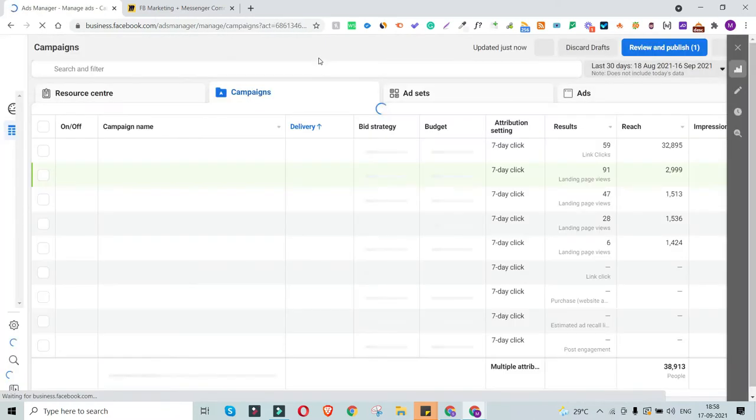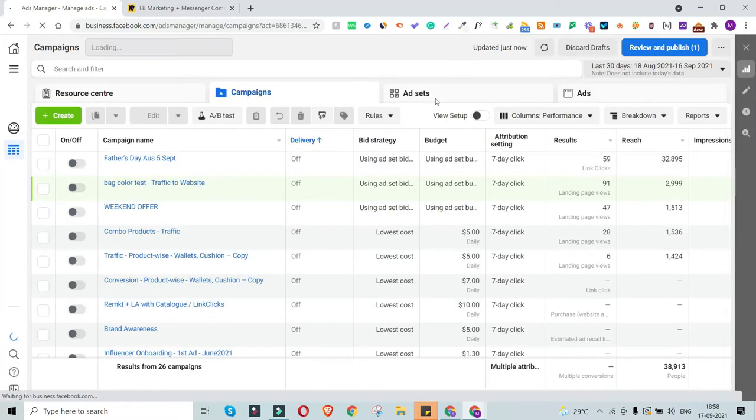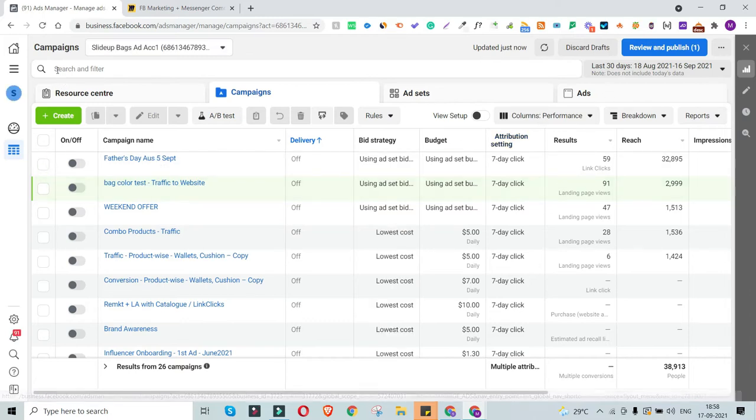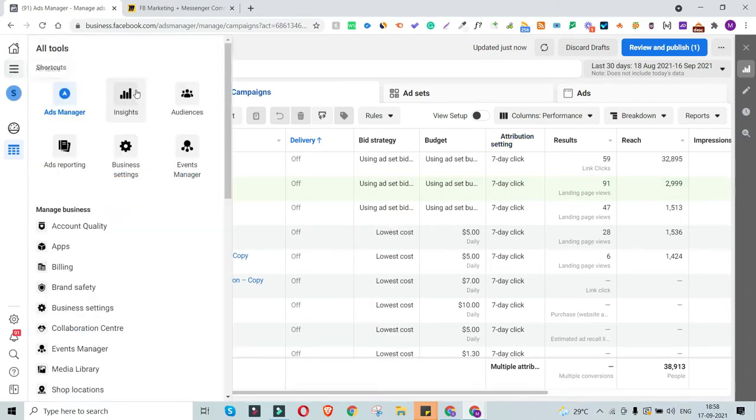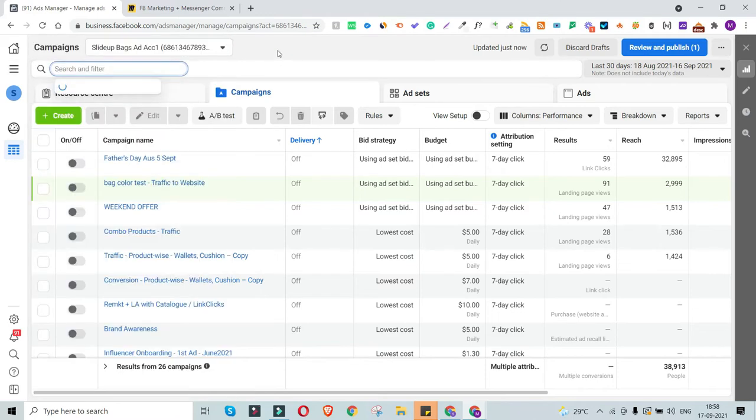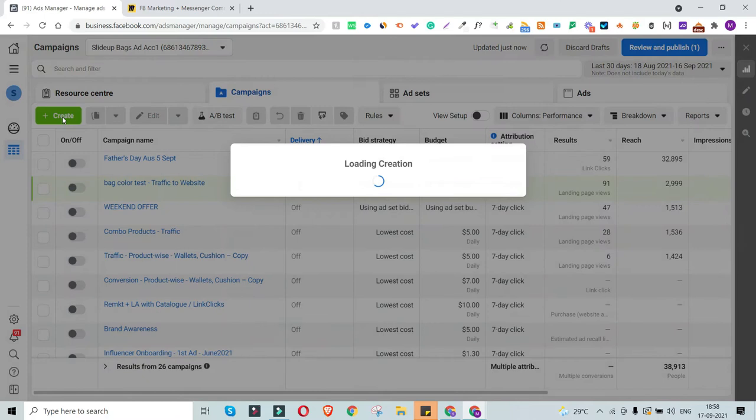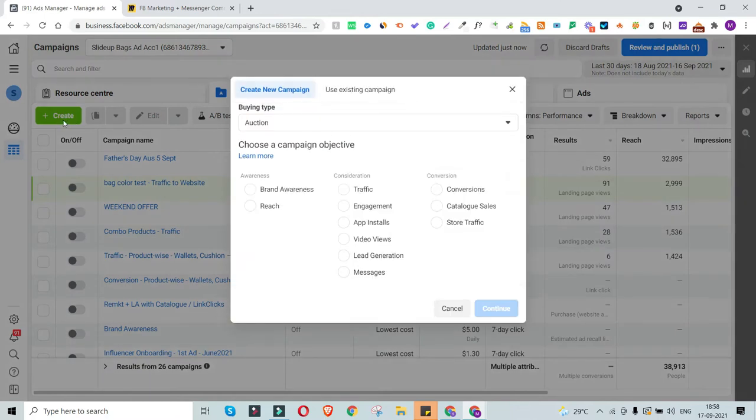So you need to have a clear understanding of the campaigns, ad sets, and ads hierarchy, and also the audience targeting that we've already gone through in this particular area. We already set up our audience. So what I'll do is I'll start creating the ad. The first step is to hit this create button, and now the next step is to select your audience targeting type. Now, is it an auction or is it reach and frequency?